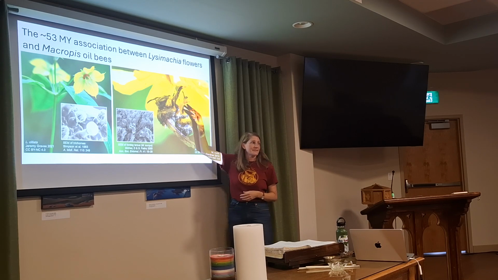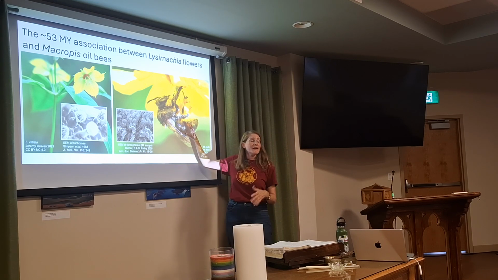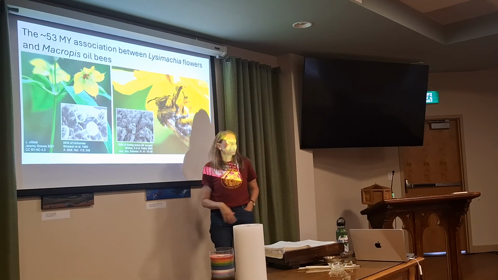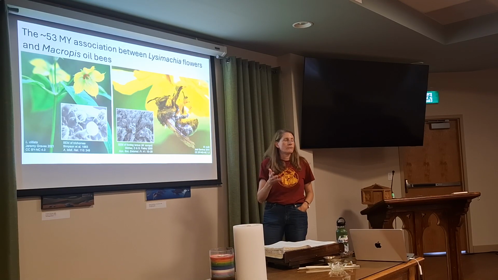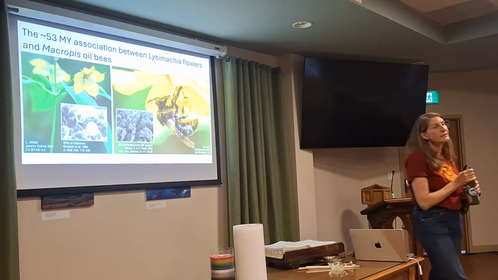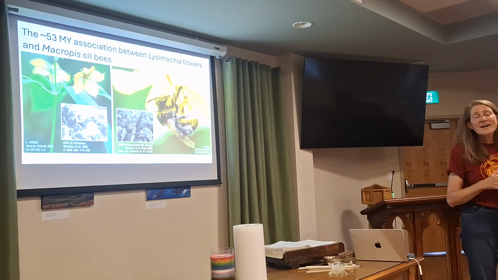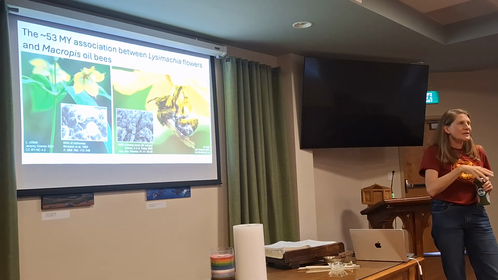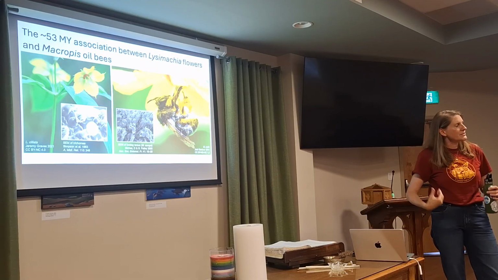All right, so this is what's happening in this image. This is Macropus nuda, one of our 4 North American species of Macropus, and Lysimachia ciliata, which is one of about 14 native North American species of the strict definition of Lysimachia. So to transport the oil, they mix it with the pollen? Yeah. And then, the Macropus bee needs these oils because most bees have well-developed glands in their